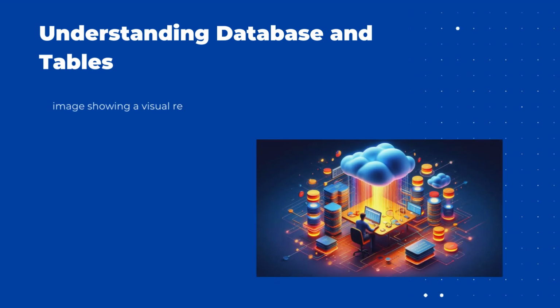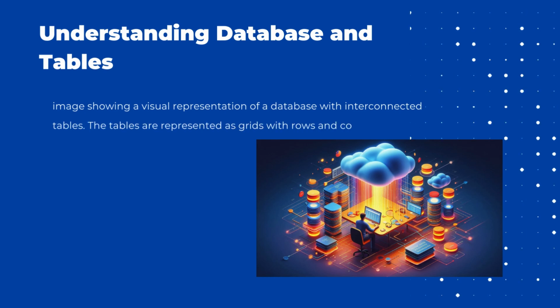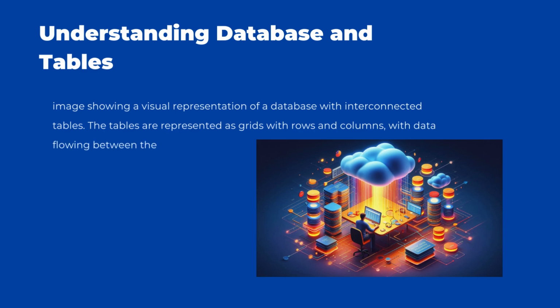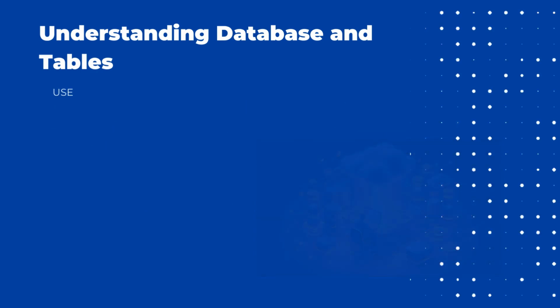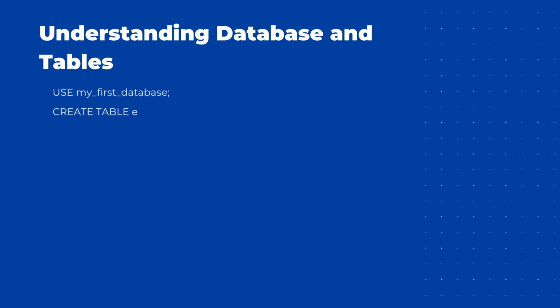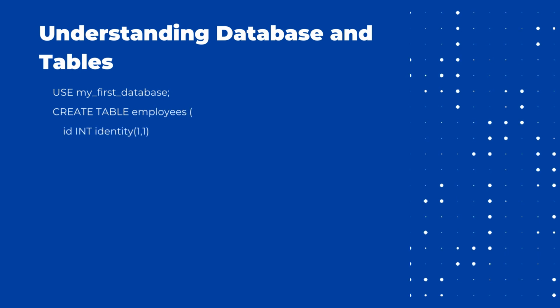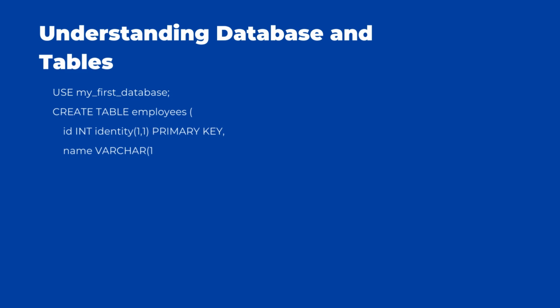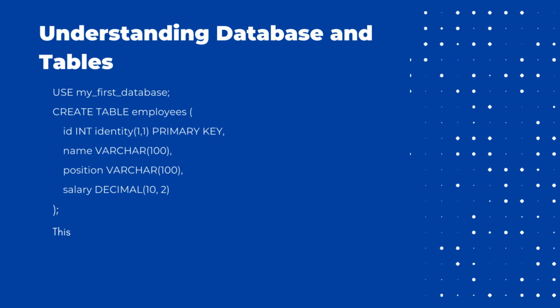Image showing a visual representation of a database with interconnected tables. The tables are represented as grids with rows and columns, with data flowing between them. CREATE DATABASE MyFirstDatabase; USE MyFirstDatabase; CREATE TABLE Employees (ID INT AUTO_INCREMENT PRIMARY KEY, Name VARCHAR(100), Position VARCHAR(100), Salary DECIMAL(10,2));